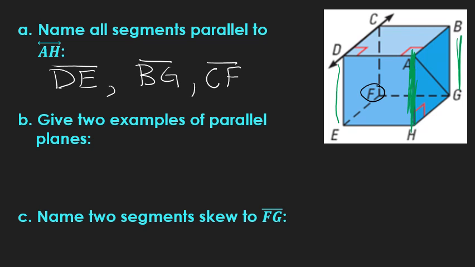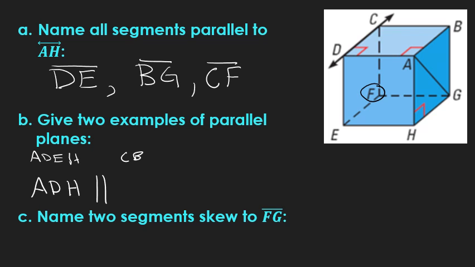So now we want to give 2 examples of parallel planes. If you think back to Unit 1 and how we can name a plane, it takes 3 letters to name a plane. There are multiple examples of parallel planes in this diagram. So if I take the front plane, I have the letters A, D, E, and H. And if I want to name that plane, I'm going to pick 3 of those letters. So you can pick any combination of those 3 letters. So plane ADH is going to be parallel to the back plane,